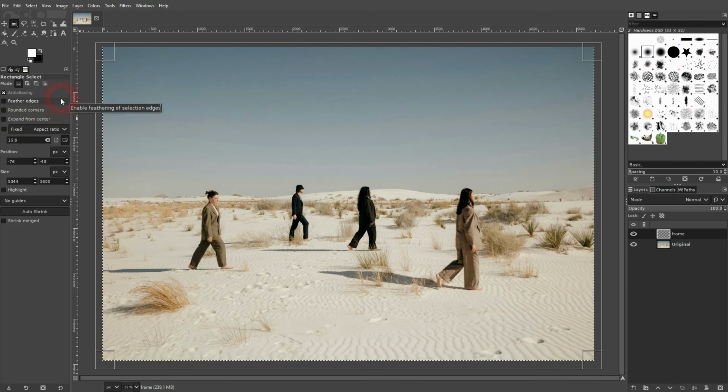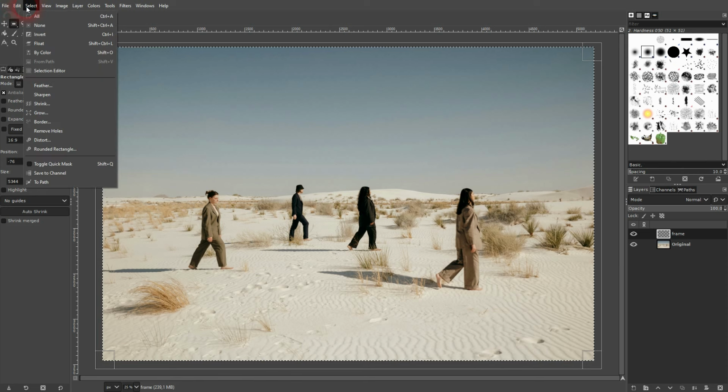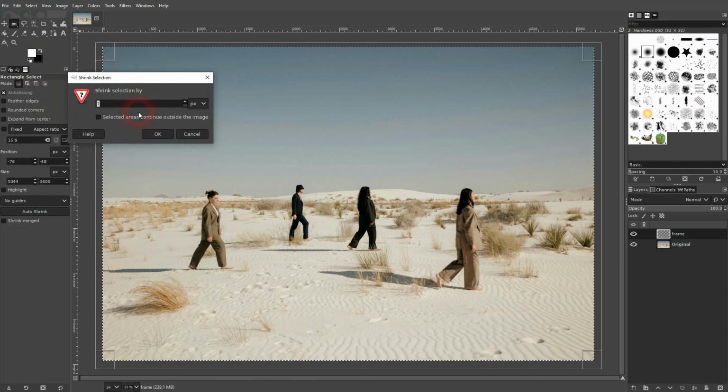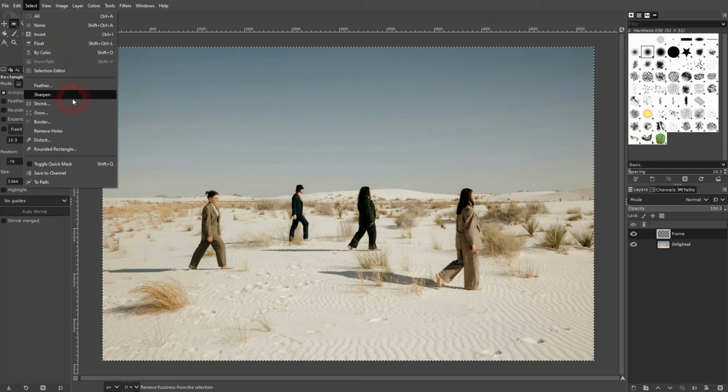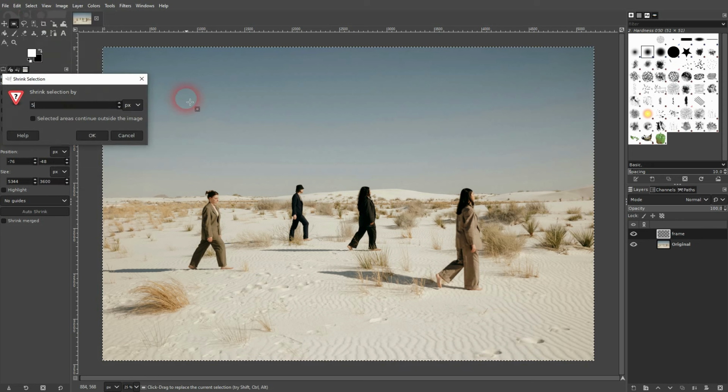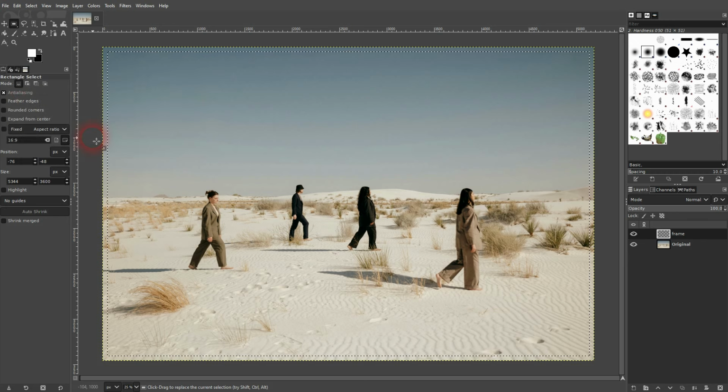These are the default settings, so we're good. Now we go to select and shrink it. Let me try 20. I confirm we're okay. And you can see a small border now. But let me press Ctrl Z. I go again to select shrink and I try 50 to make it a bit bigger. It depends on the image size that you've got, how big it should be, but 50 should be good for